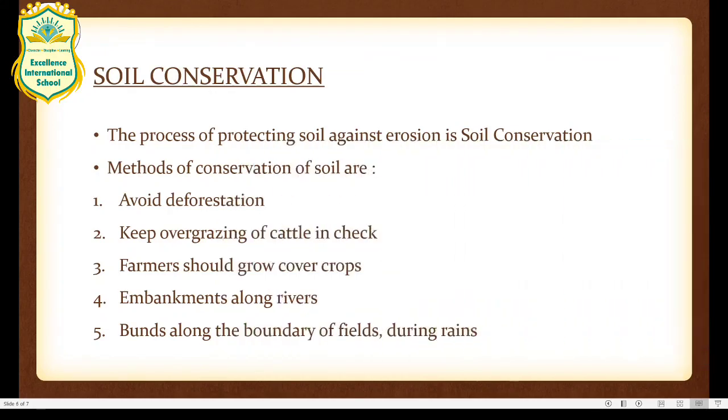I hope you all understood. Let's see the methods of conservation again. Avoid deforestation. Keep overgrazing of cattle in check. Farmers should grow cover crops. Embankments along rivers. Bunds along the boundary of fields during rains. So I hope this chapter